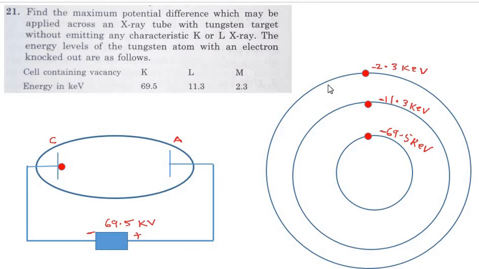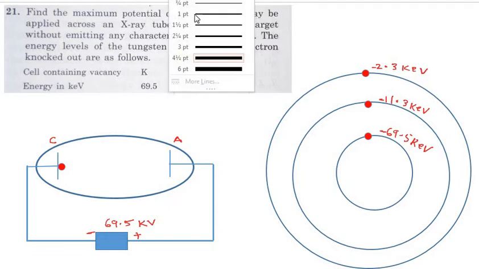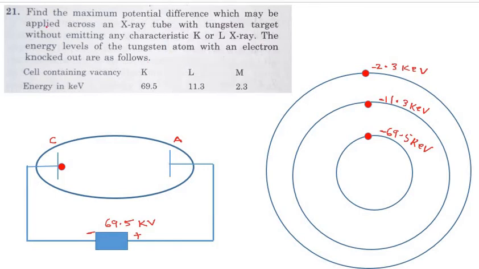Hello scientific people, I'm back with a good problem from HC Verma, topic X-rays, and here what we have is an X-ray tube. Let's not look at the question first. And in this X-ray tube we have a cathode, we have an anode, and the accelerating voltage is kept to